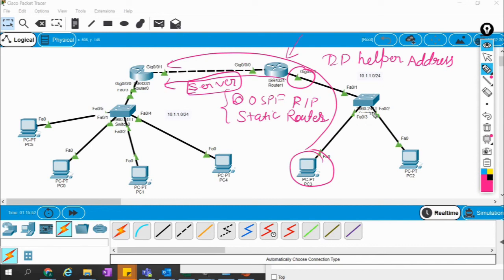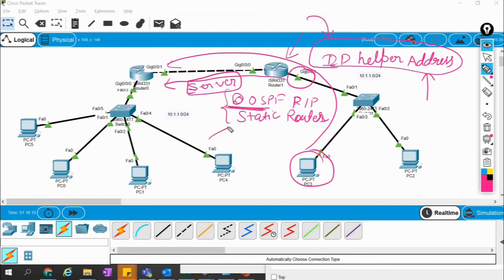I'm not going to cover that right now because it's quite late, but I'm giving you this as an assignment or homework. There are two things you have to find out from Google. First, just search the IP helper address, what this IP helper address is. And routing you are quite familiar with, that's not a big issue.